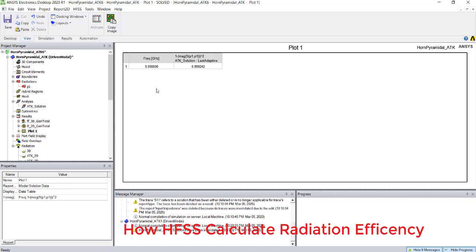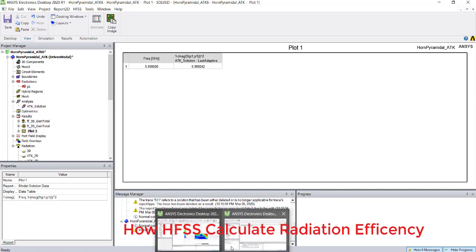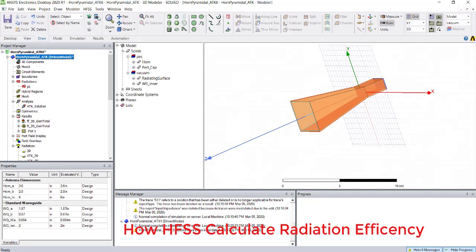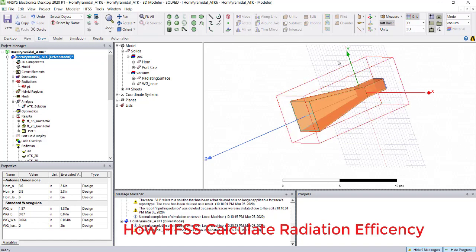Now we will see how to calculate radiated power from an antenna. Radiated power is always calculated in the far field, but we are not simulating anything in the far field. What we are doing is, whatever radiation boundary we have, if you integrate the radiated power, the power which is passing through this surface will give you the radiated power.